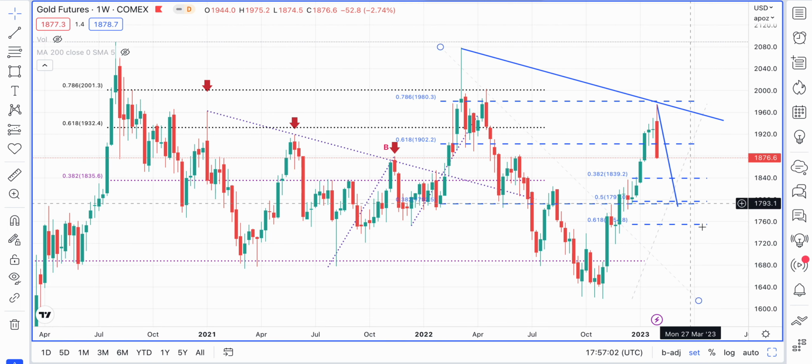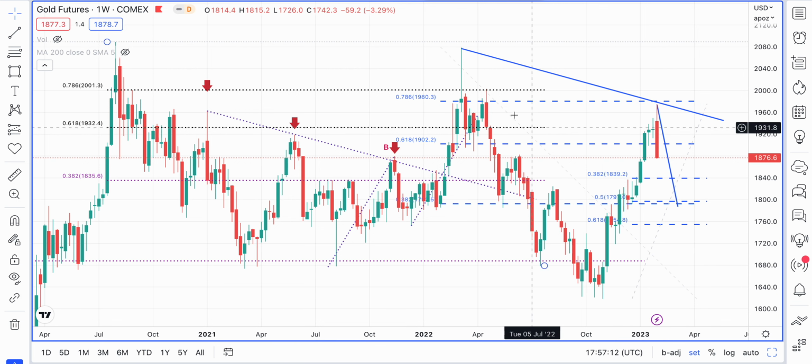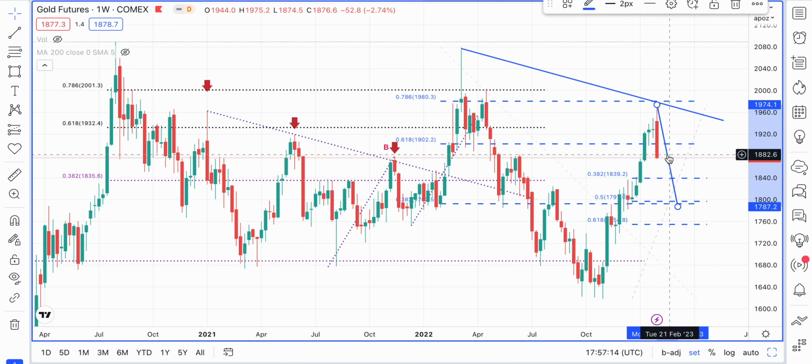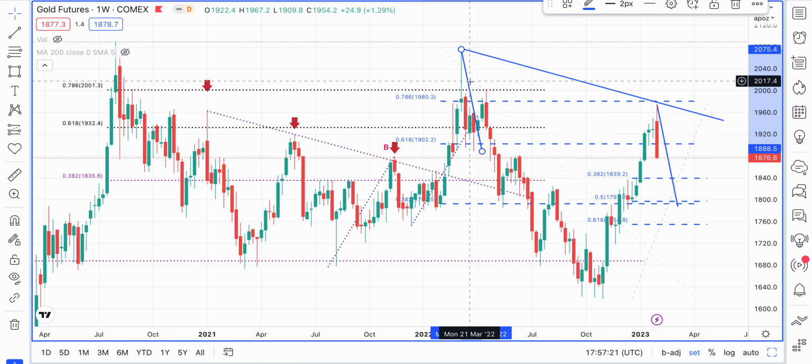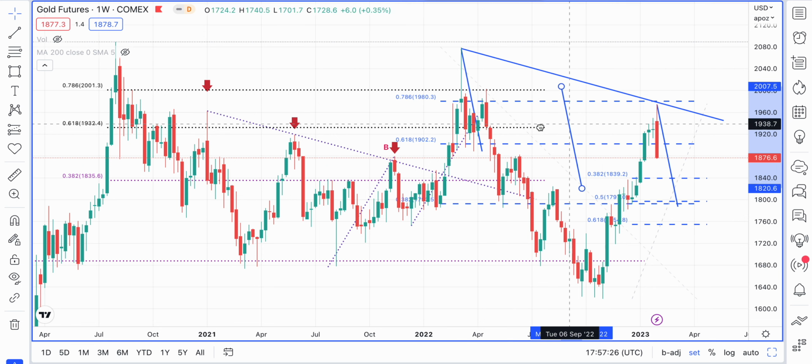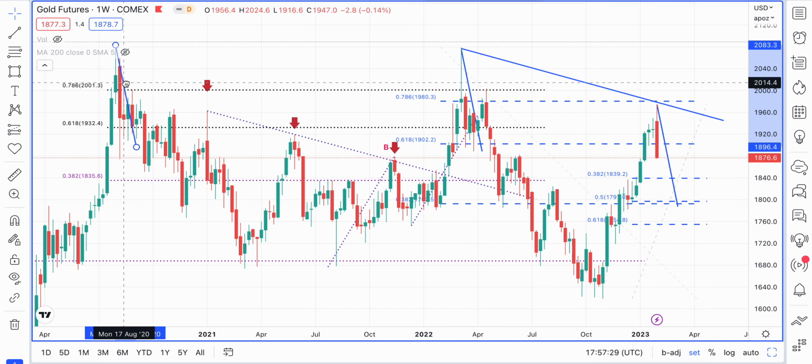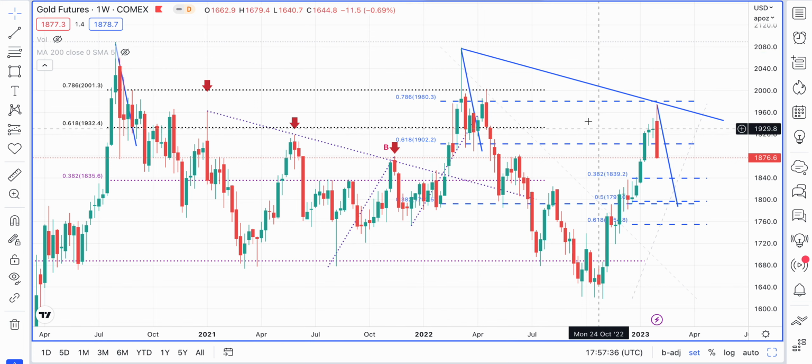And so here there's a possibility, it definitely looks like it could go even down to about 1800, which is the 50% retracement level. We get this just by looking at some symmetry in the market, in the first declines that we have seen here and also here. There we go. So this one, the market did go lower, but then it actually closed higher for that week. Okay, so this is gold.